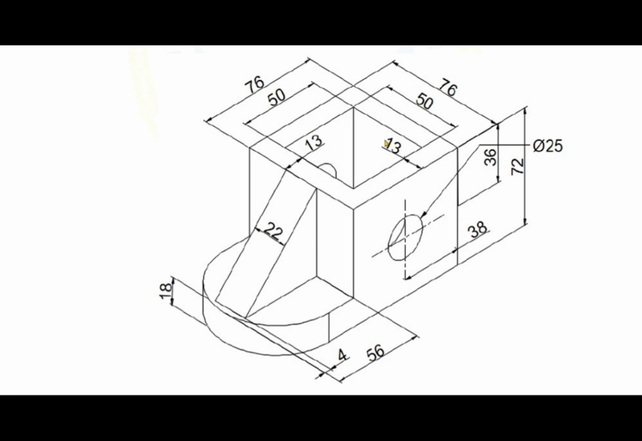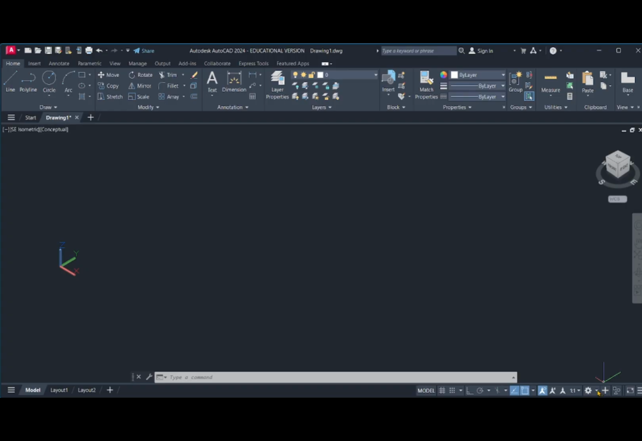Here a hollow box is there. First I will create the 76 by 76 by 72 box, then I will create a 50 by 50 by 72 box, then I will subtract the smaller box from the bigger box. Go to AutoCAD, change the setup to 3D modeling,